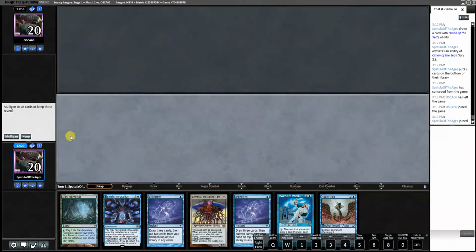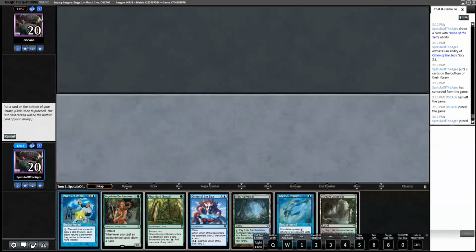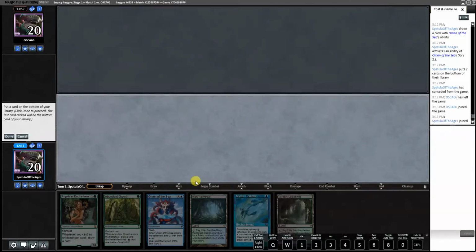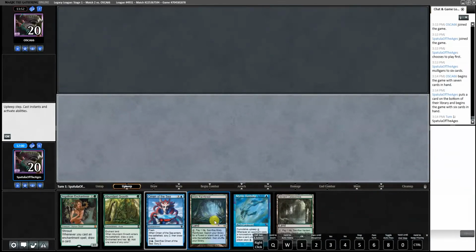Turn 1, Brainstorm lock. No thanks. Alright, that's pretty good. Get rid of Words of Wind. It's a late game card. We'll start with Mystic Remora. Other hand. Yeah. If we start with Remora...